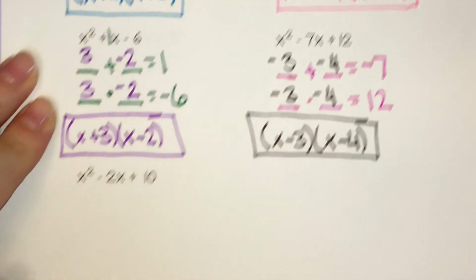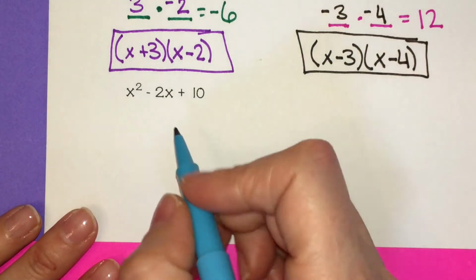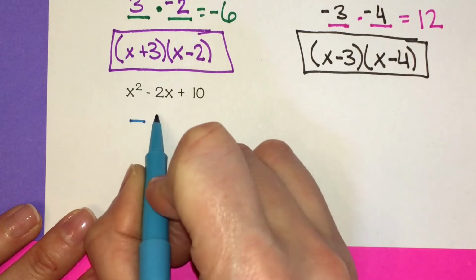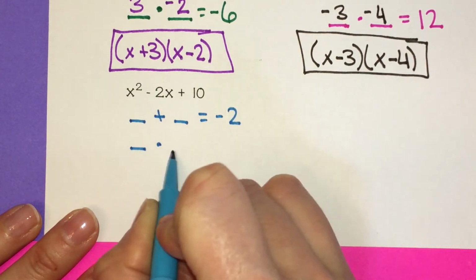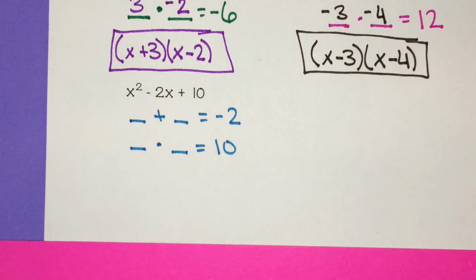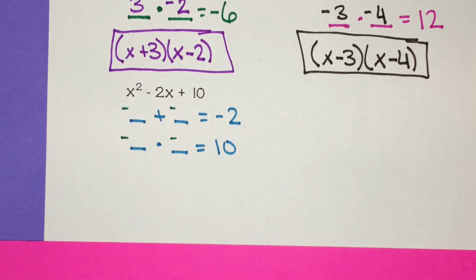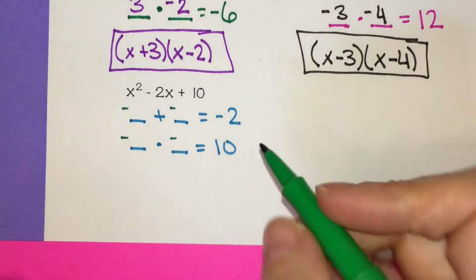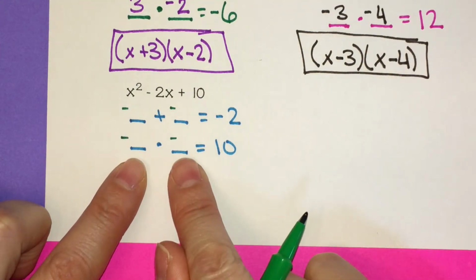Okay, so let's try another one. We have x squared minus 2x plus 10. So what plus what equals -2? Same two numbers equal +10. All right, so if we say add together to equal a negative, multiply together to equal a positive, I know they both have to be negative. All right, so to get 10, we could do -2 times -5